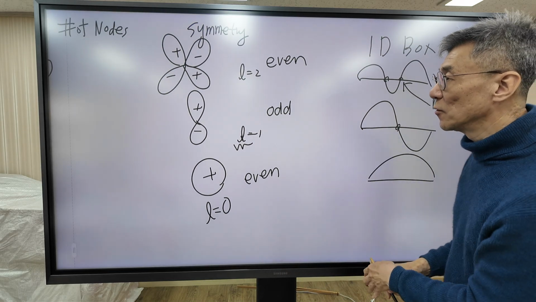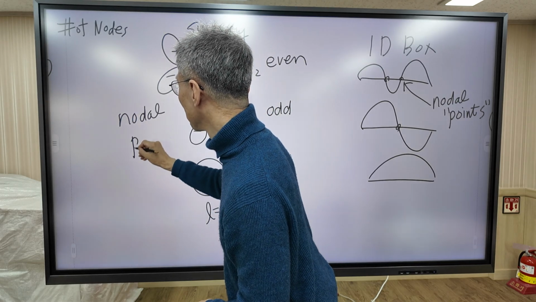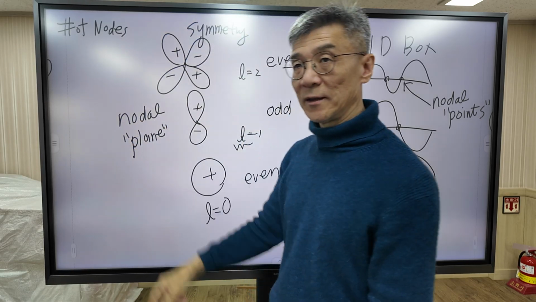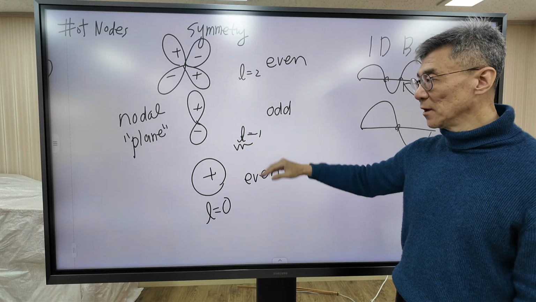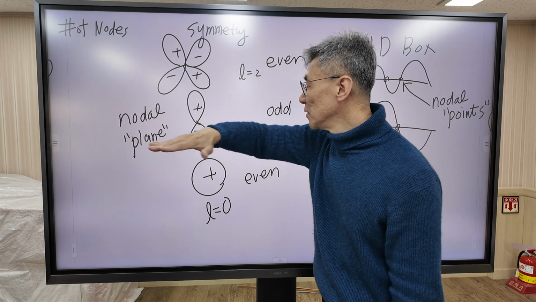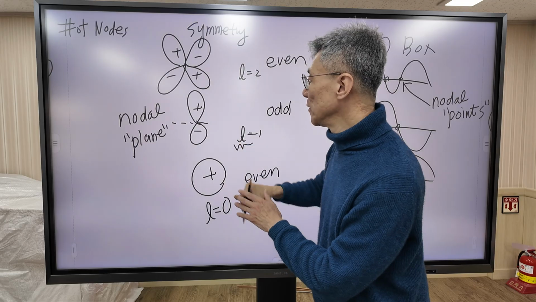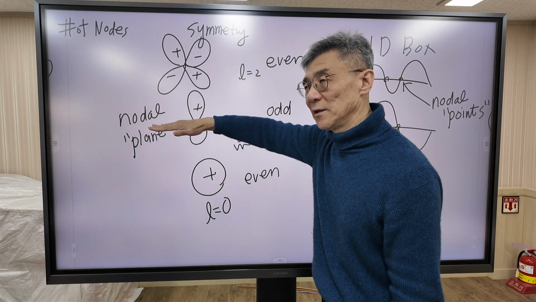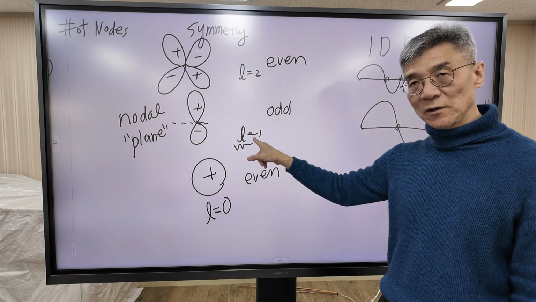In the three-dimensional case, we are going to define nodal planes. We are going to count the number of nodal planes. For the px orbital with n equal 1, this is the nodal plane, which is perpendicular to this board. When the nodal plane forms a plane which is perpendicular, this is a nodal plane. So we have one nodal plane for a p orbital, or L equal 1 orbital.